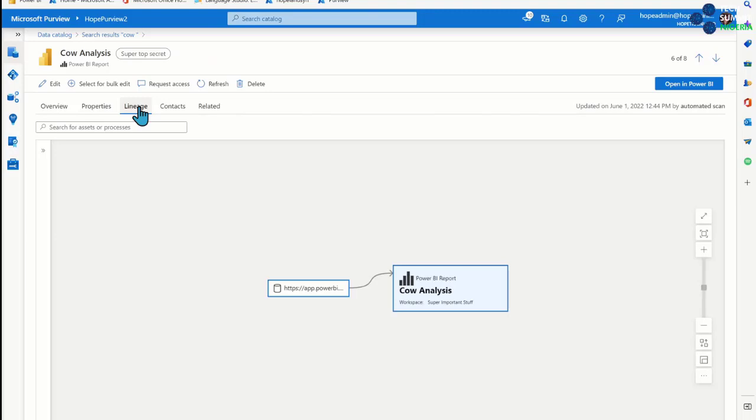So if you start scanning things and you're expecting lineage, you want to go back to the documentation. I have a link in here for that specific data source, and check. There's a really big table that shows which things have lineage and which things do not. They're adding more and more all the time. Purview is still pretty new, so just be aware of that. There are other things as well, like data use management.